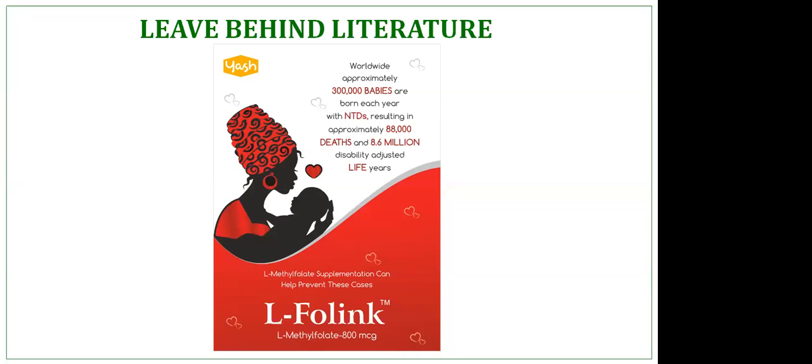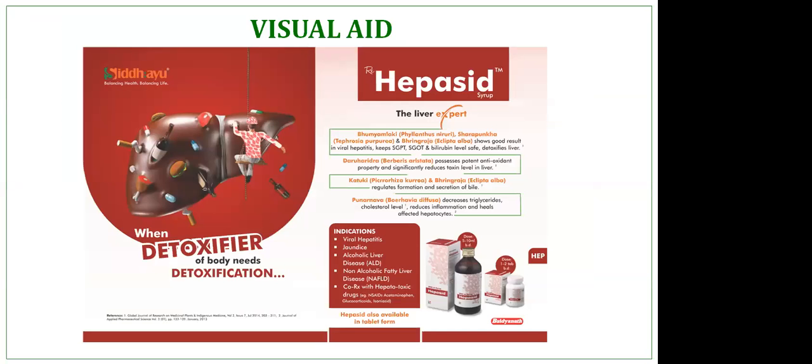Third major difference is how you prepare them. A visual aid, as I've already mentioned, is prepared in a way so that you can explain everything that's there in the visual aid in maximum 2 minutes. Whereas an LBL is something that you can leave behind with the doctor, or even a one pager, right? So they will take more time to read, so you can put more text matter onto that particular thing. So that's again one of the major differences between leave behind literature, visual aids, and one pagers, right?